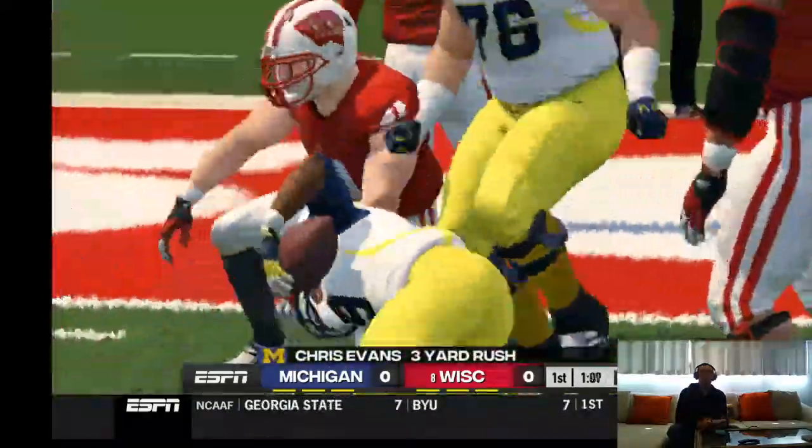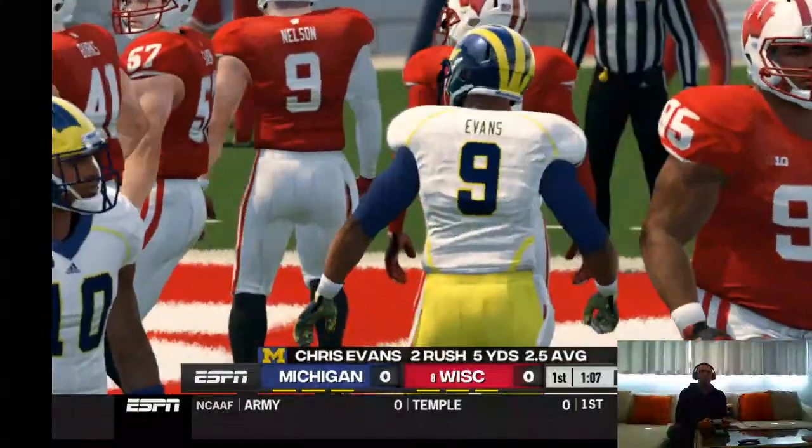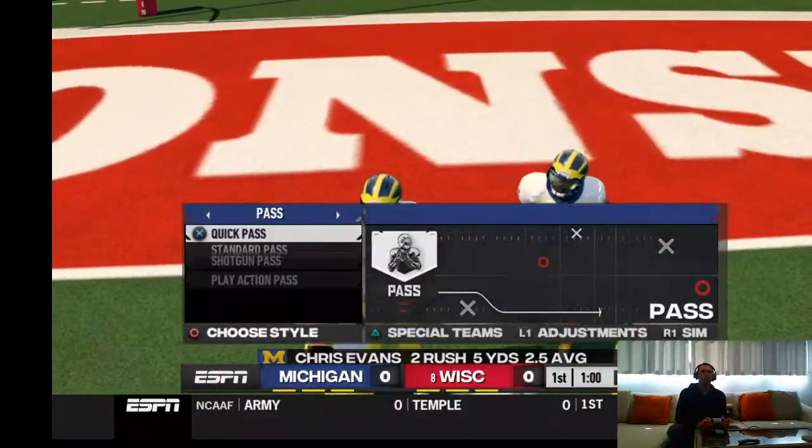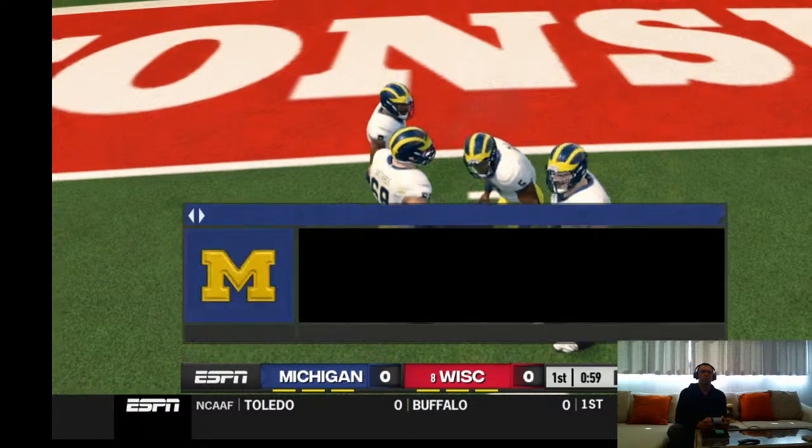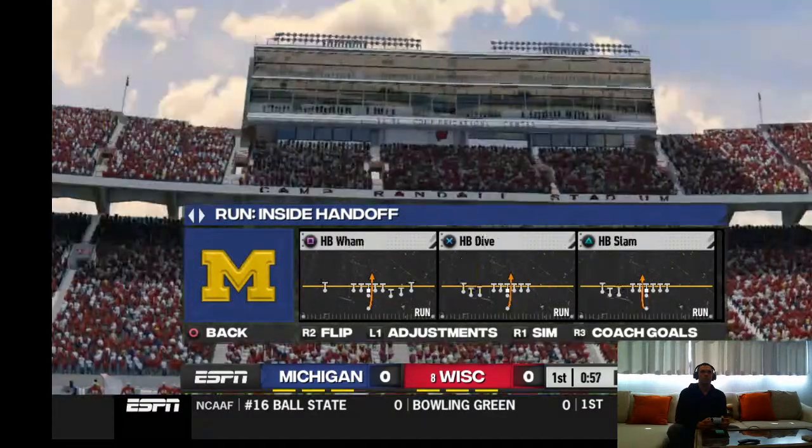At the 1. And the halfback carries for a pickup of 3. If it's any consolation, he did pick up some positive yards, but I doubt that's enough to make him forget the hit that he just took.